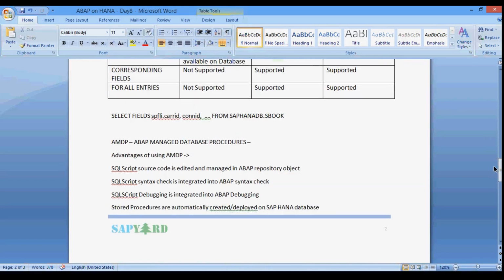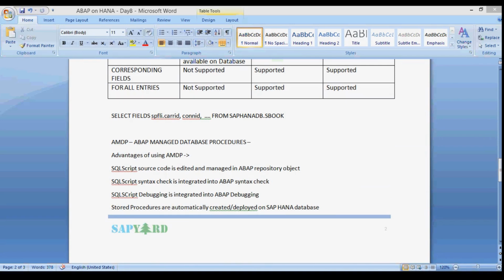Okay, so we will see in detail. Now when you use this new AMDP technique, your editing, activation, transportation and lifecycle management of the database procedure, all these things are performed on the ABAP application server. So using AMDP, we have a couple of advantages.